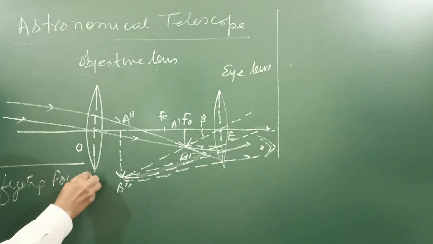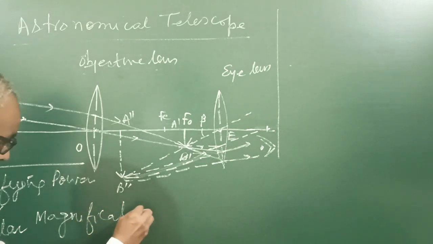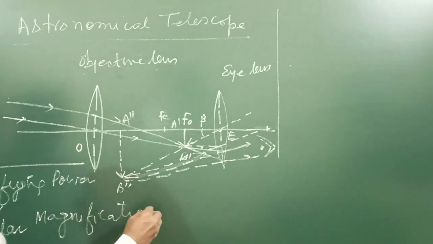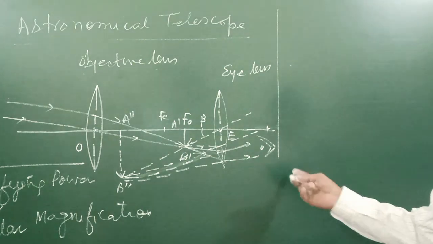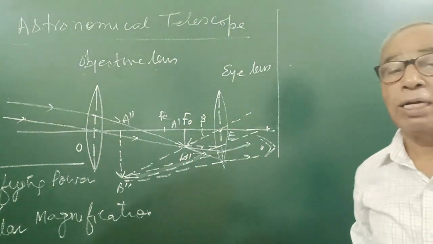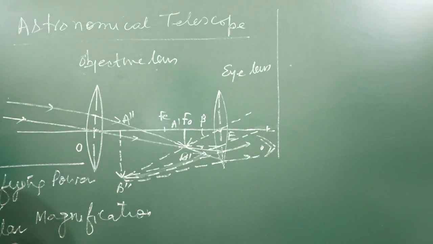Magnifying power, or angular magnification. I told you this is the ratio of the angle obtained by the image to that of the object. Here the object is at a large distance, we can't help that. So here, m is equal to